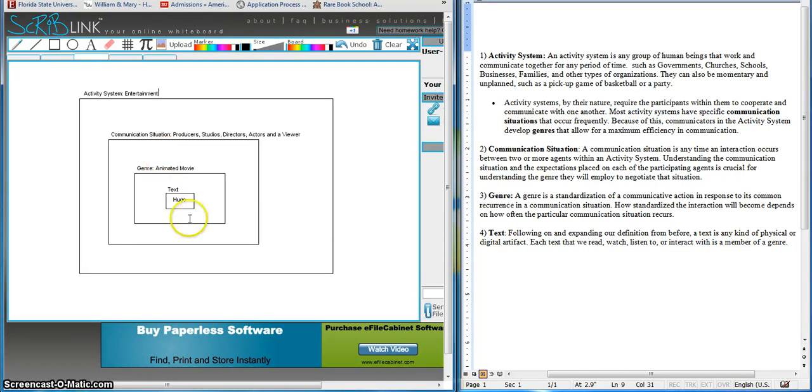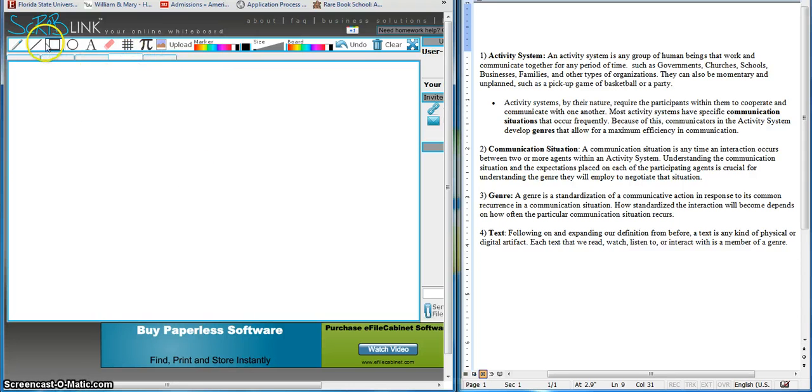And so we move from the movie Hugo to the fact that it's an animated movie and it's in the genre with other animated movies like A Bug's Life or WALL-E or Beauty and the Beast, if you want to go that far, because actually those are two different kinds, maybe two different genres of animated movie. One is older 2D and the other one's 3D computer animated. Then this communication situation between all the people that make the movie and the viewer who sees the movie. And then finally that's happening within entertainment, which is a very big activity system with a lot of different genres and communication situations going on.